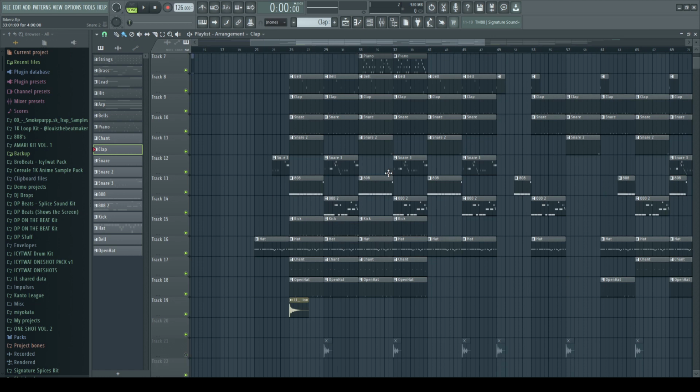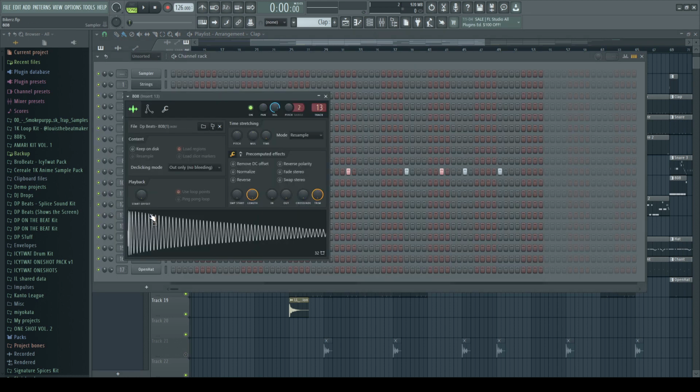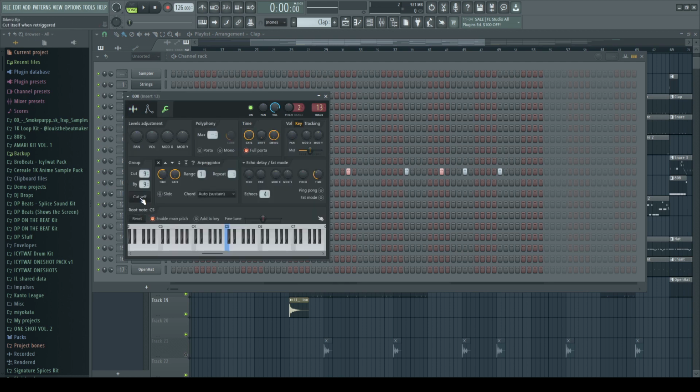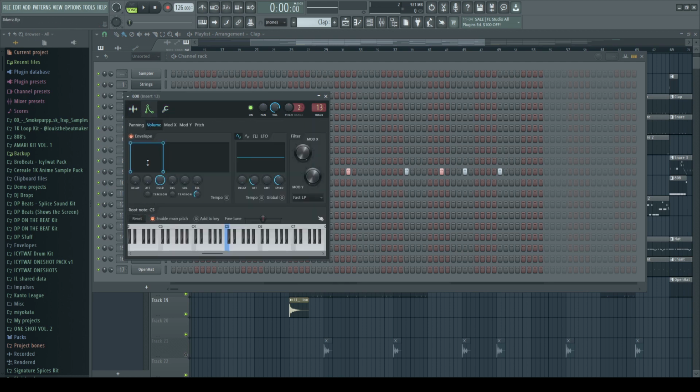Yeah. So the 808 and the kick are a little bit special. What I do for them is I add the 808. I trim it all the way down. So it can be like this. You always trim it, then you cut it. You press cut self, and then